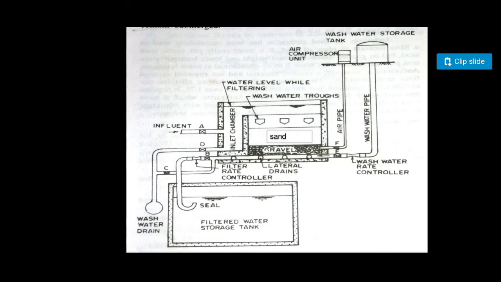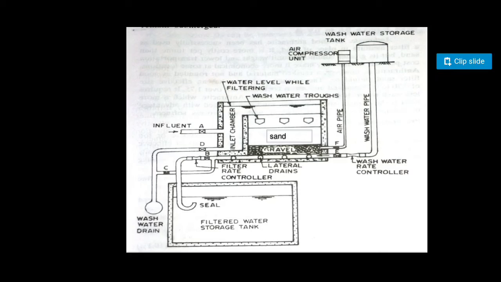filtration, obviously, and the working of this rapid sand filter involves just two processes. The first process is that the influent is coming inside, and the second is that the effluent is going outside. But what valve D is doing is taking the water which is coming out from the wash water troughs, the water which is carrying all those impurities which have clogged the system.